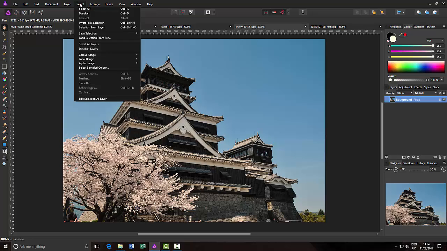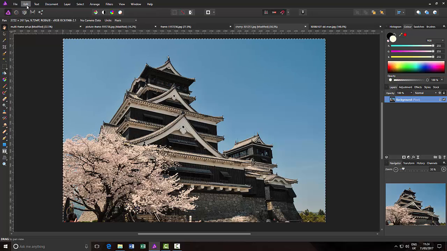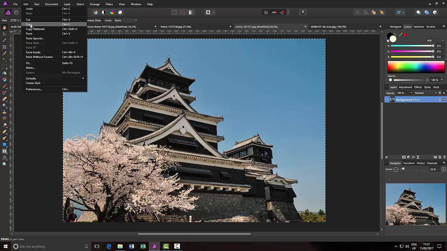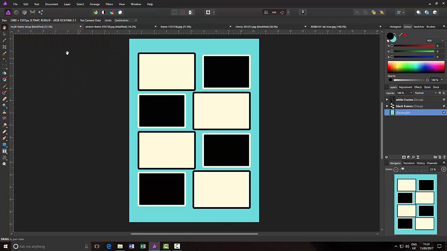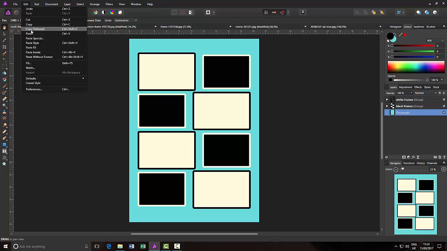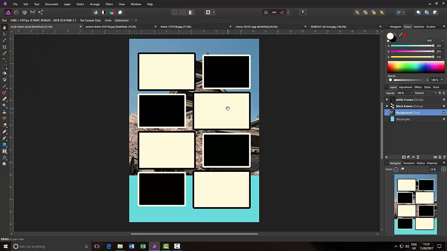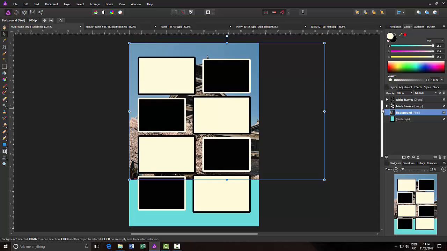So I'm just going to select all, edit, copy, come back to the frame image, and again make sure that the bottom layer is the one highlighted, edit and paste. Now if I now come to the move tool, you can see that this image is much bigger,